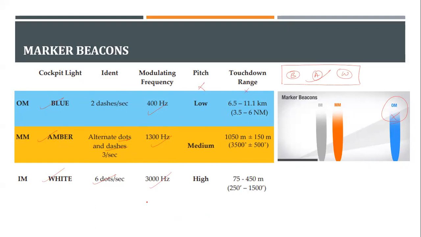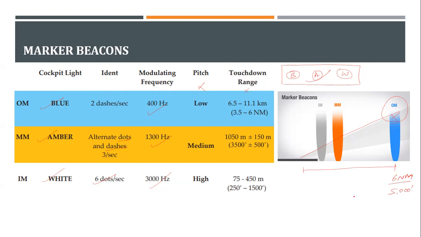So this is the guidance feature. Now, how does this marker beacon help a pilot? You can see that these are established at different distances. You will have a chart, a Jeppesen chart or any Airports Authority of India chart, that will specify that at 6 nautical miles, you should be around 5,000 feet. I'm giving an example, okay? So as a pilot, you should be at 5,000 feet on this outer marker.